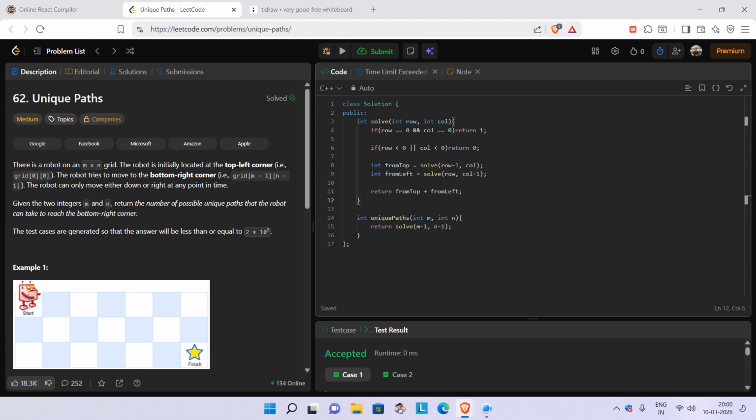Since at every position we are making a choice between two moves, we can think of this as a recursive solution, because whenever we have multiple choices at any given index, this gives us the intuition to think in the recursive direction. Okay, so we have to try all of the possible paths and count